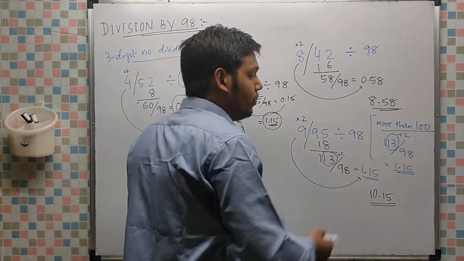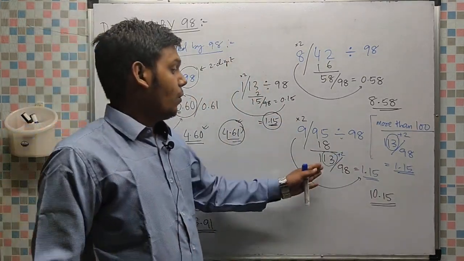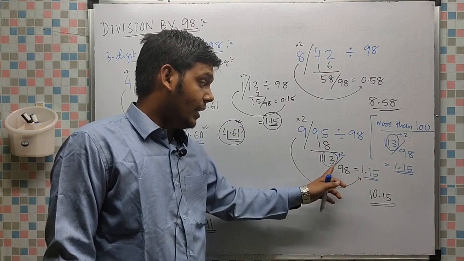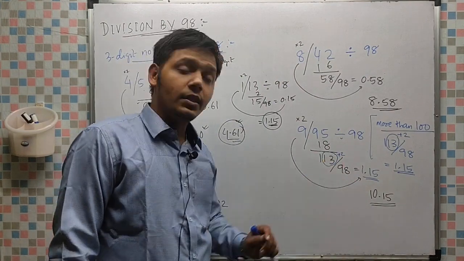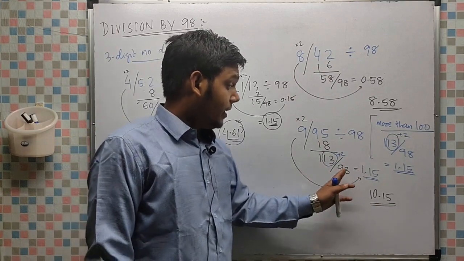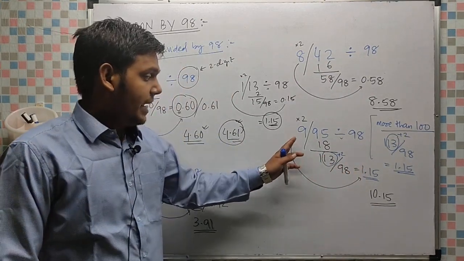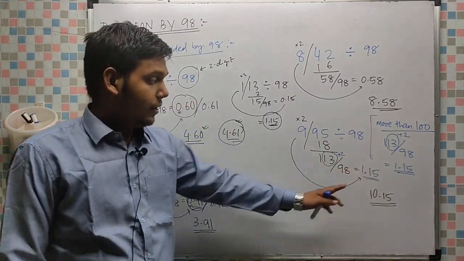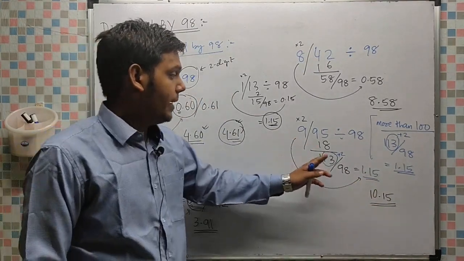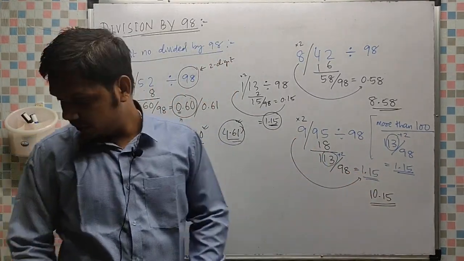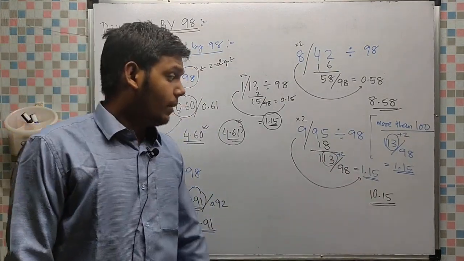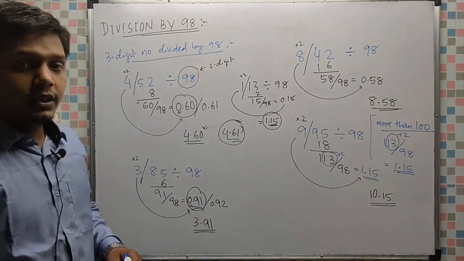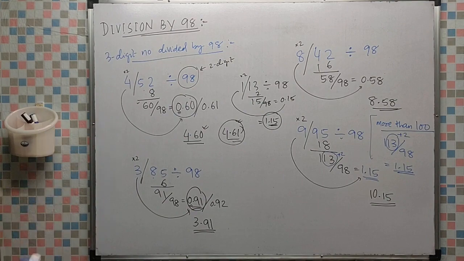So we cannot do that much of the long method. The simple thing: when the sum exceeds 100, take 1 point, last 2 digits plus 2. 13 plus 2, that is 15. Understood? So that is 1.15. Then this hundreds place digit 9 will be added to the result. Our result is 1.15, so 0.15 we write first, and the 9 will be added with 1, that is 10.15. So this is all about divisions by 98. 3-digit numbers, 4-digit numbers we will do. After this you can take the screenshot also.